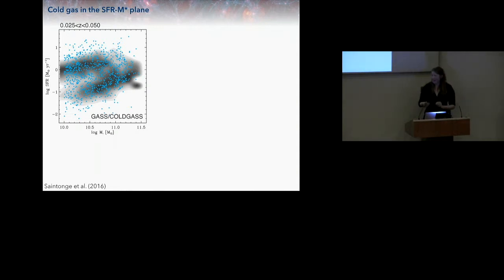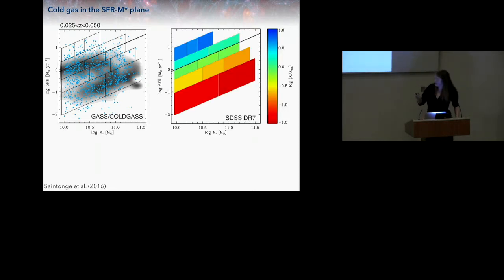But it's worth the effort. So I'll go back to my example earlier and show you an example of what we can do once we have these measurements. So now I'm back to showing you this star formation rate mass diagram. And now all the blue dots are all these galaxies for which we've painstakingly acquired these measurements of their molecular gas. So the basic question I'm going to try to pose is to see whether we can use the gas